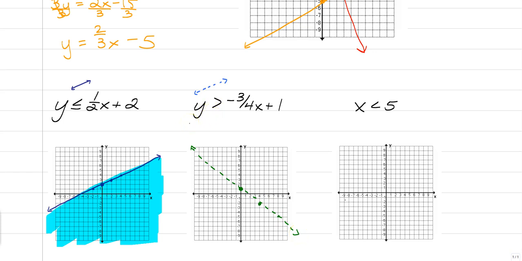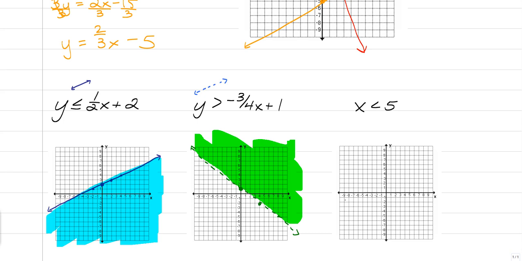It's like the open circle of a regular inequality. And now we just have to go shade. Since y is greater than, that means y is bigger than this line, which means it's above the line. Okay? So every time you think about greater than and less than, it's just above or below,